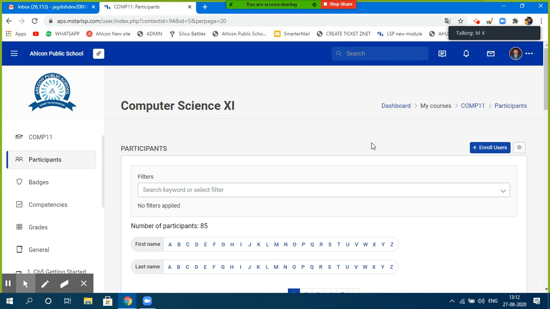But I won't be able to know whether he has the right access, because I won't be able to locate my students as it is showing from A to H. Yeah, if you teach section A, then you can download the entire content and then check. That is again a limitation. It has certain limitations, and since we have to do it, we just need to deal with the limitations also.